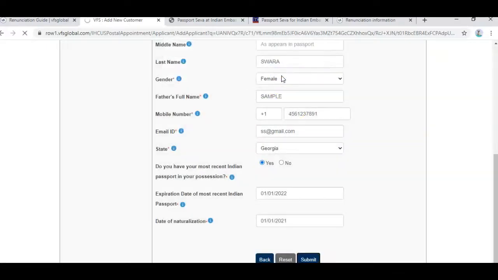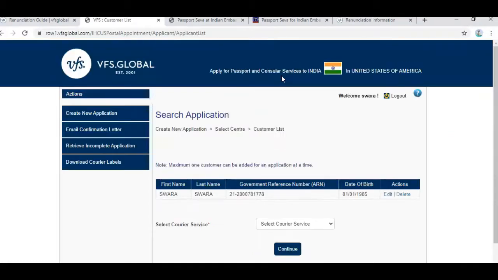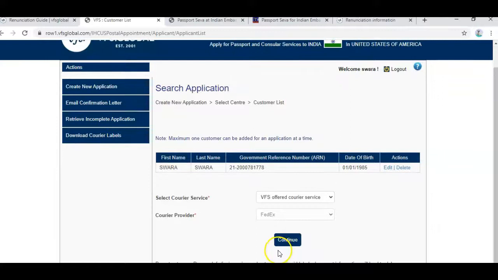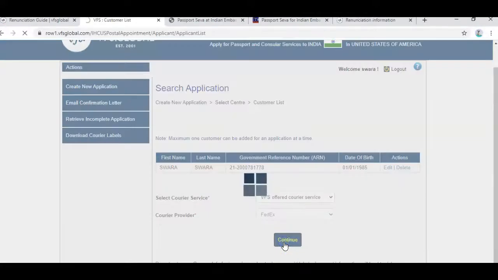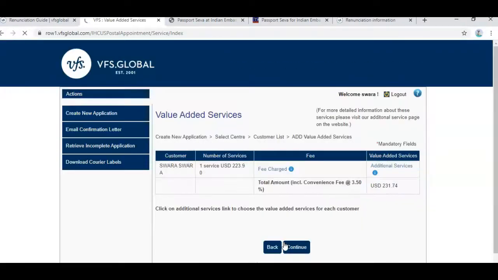Be sure to give the correct email ID, as all the updates will be sent to the email. Next is to select courier service. I have selected the VFS offered courier service. Continue.